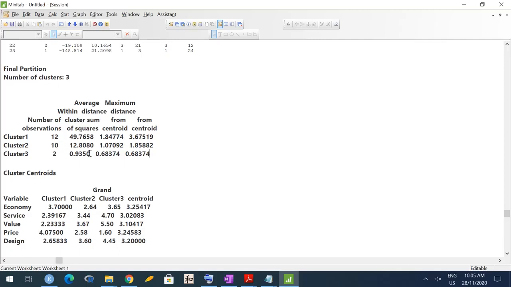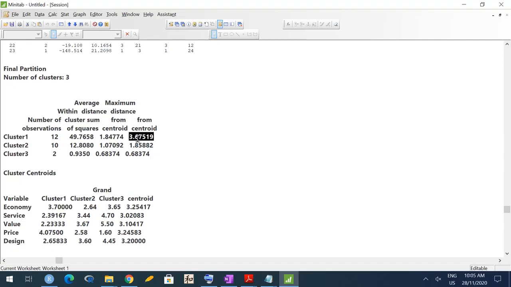Then within cluster sum of squares, average distance from centroid and maximum distance from centroid. These last three columns can be used to decide which cluster is most homogeneous or heterogeneous. So you can see average distance from centroid and maximum distance from centroid. For cluster 1, maximum distance from centroid is highest.